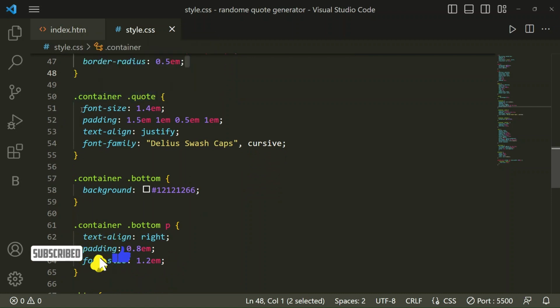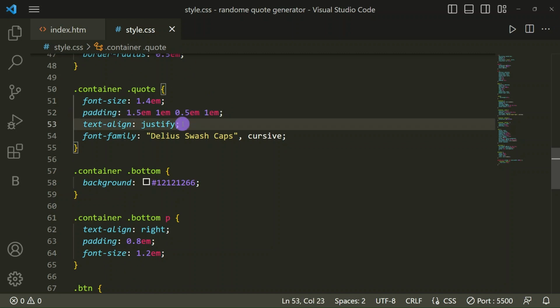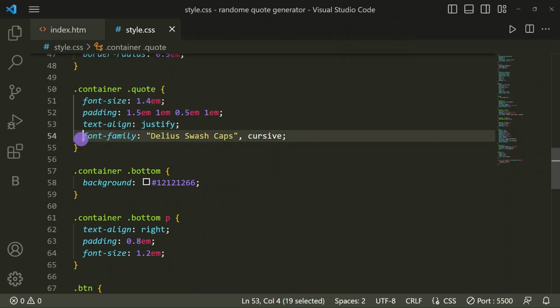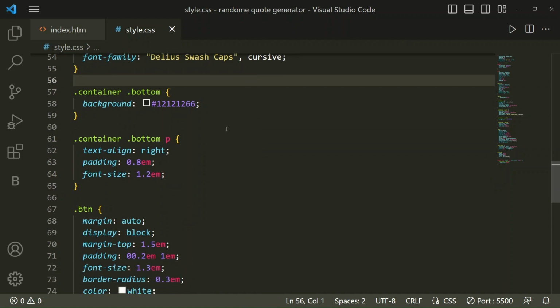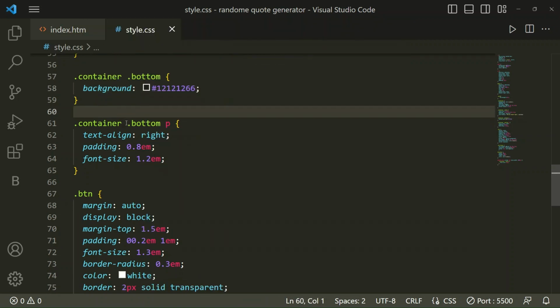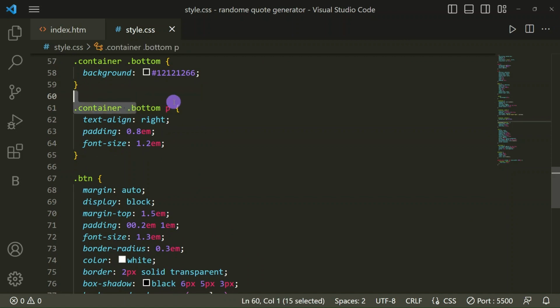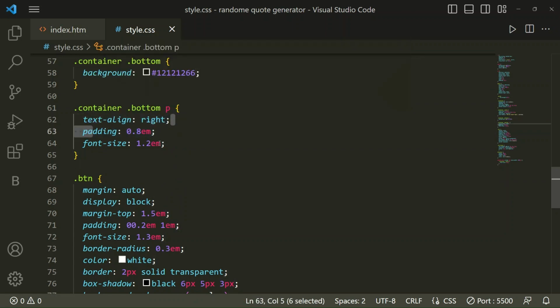Then for the code, font size 1.4em, and padding for the top, right, bottom and left, which you can see here. Text-align justify and a font family for our codes, which you can see is different. Then the background for the container, and for the paragraph padding 0.8em, text-align right, and font size 1.2em.